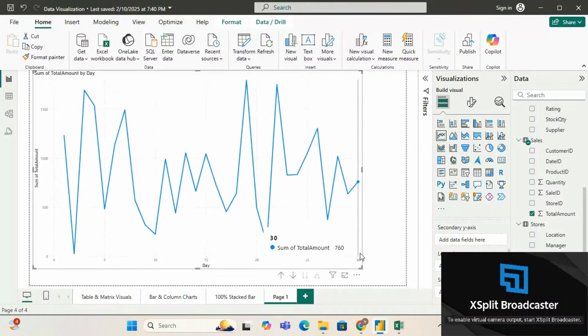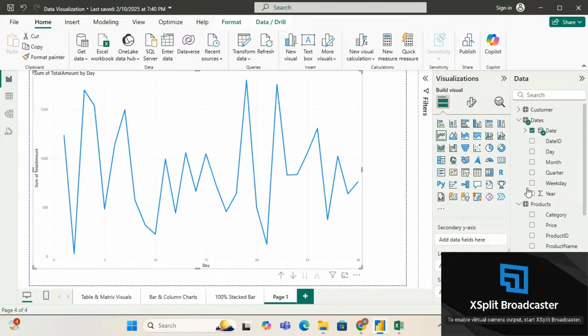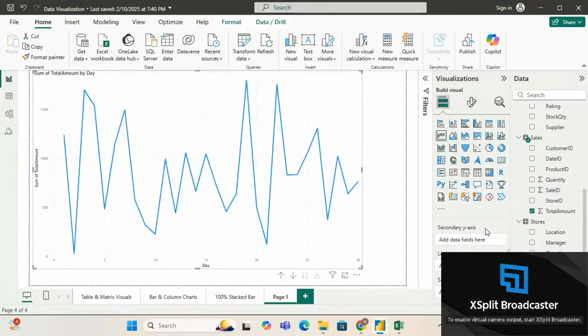So that means if you have any target, in general, in whatever task you do in real-time work, we have some targets. So this will be your actual, friends. And on the secondary y-axis, you can take your target and compare with it whether you have reached the target or not. But in our case, we don't have the target column. But as I want to showcase how the secondary y-axis is displayed,